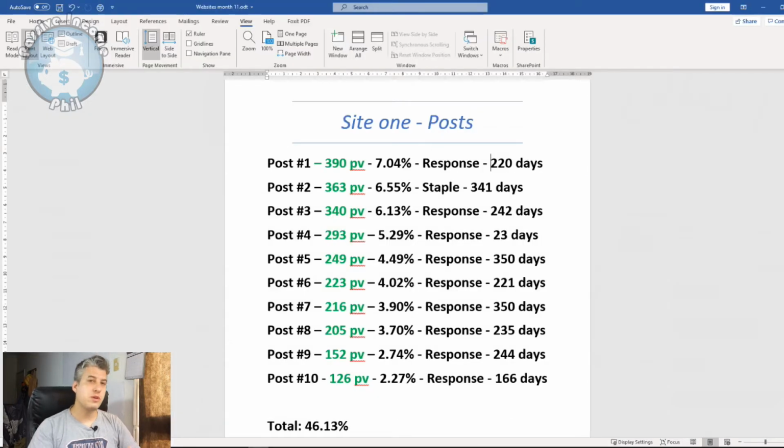So I also just wanted to talk about the posts that are bringing in the traffic. I just went through and picked out the 10 top posts, and I just wanted to give you an idea of how old the posts were and what type of post style they were. So you can see the top 10 posts here. We've got the number of page views here in green. The percentage is total traffic to my site in the last month, and then you've got the type of